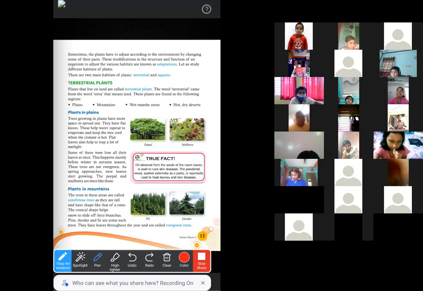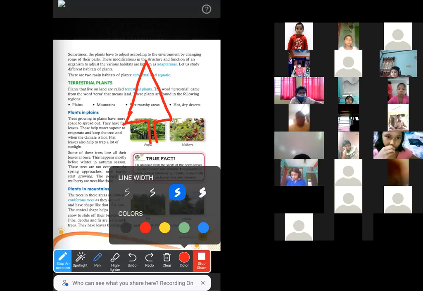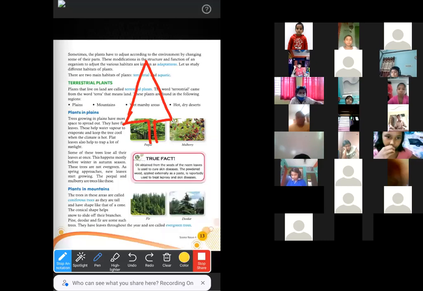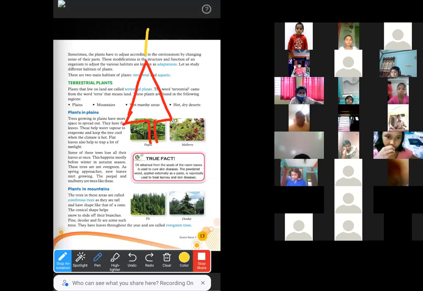And as these trees have the conical structure, whenever there is a snowfall, the snow just slides down due to this structure. The snow is not stored or stopped on any part of the plant.